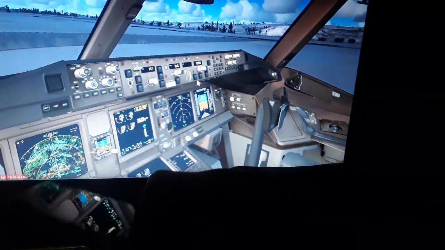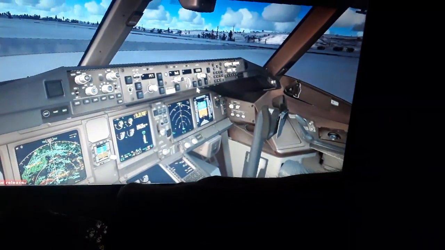So I'm gonna start showing you the cockpit instruments, the displays and the functions of the Boeing 777-300ER aircraft. I'm gonna start with the primary flight display. The primary flight display displays the airspeed indicated. So you can see the airspeed indicated, the airspeed tape, the airspeed selected from the autopilot and flight director system panel, the ground speed, the magnetic